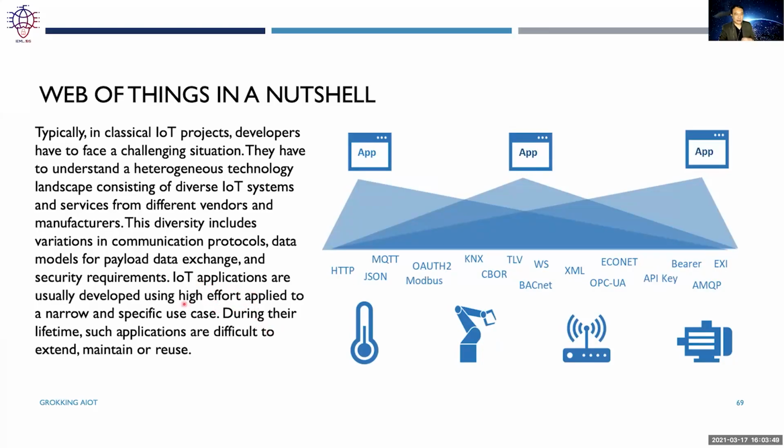It's very difficult to maintain. IoT applications in this kind of environment are going to be developed with much effort because you need to create many different implementations to support the different protocols. And during the lifetime, the cost of maintaining is going to be very high, right? Because when something needs to be fixed, you need to fix it maybe for the version that uses MQTT, and then you also need to fix the one that uses HTTP, and then you also need to fix the one that maybe uses some other one like AMQP.